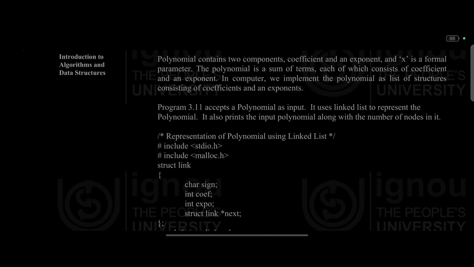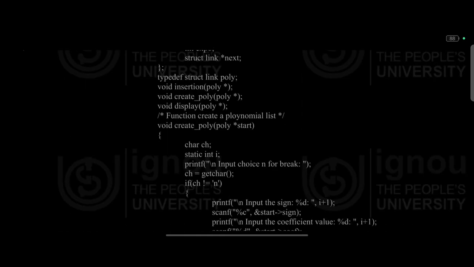#include <stdio.h>, #include <malloc.h>, struct link { char sign; int coef; int expo; struct link *next; }; typedef struct link poly; void insertion(poly *); void create_poly(poly *); void display(poly *). Function to create a polynomial list: void create_poly(poly *start) { char ch; static int i; printf("Input choice"); and for break ch = getchar();